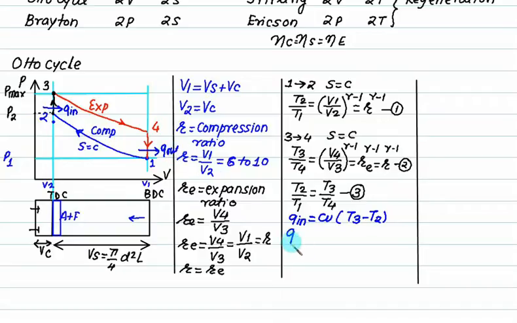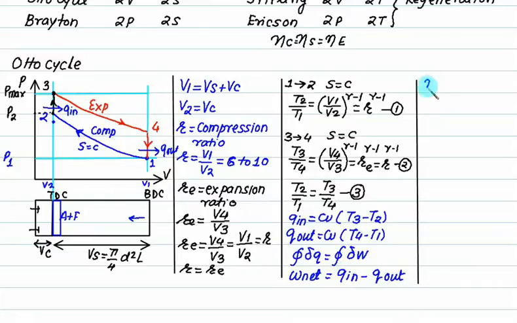So this is Q out, which is also a constant volume process, so Q out equals CV times (T4 minus T1). This is a cyclic process, so we can write the cyclic integral of del Q equal to the cyclic integral of del W. So W net is the same as Q in minus Q out. According to the second law, the thermal efficiency or air standard efficiency of the Otto cycle is given by W net divided by Q in. W net is Q in minus Q out,